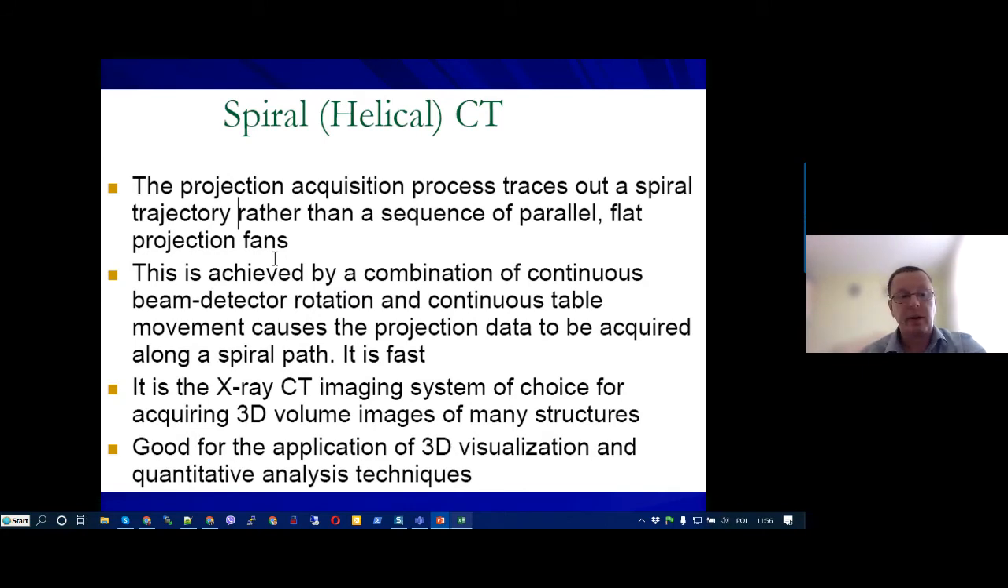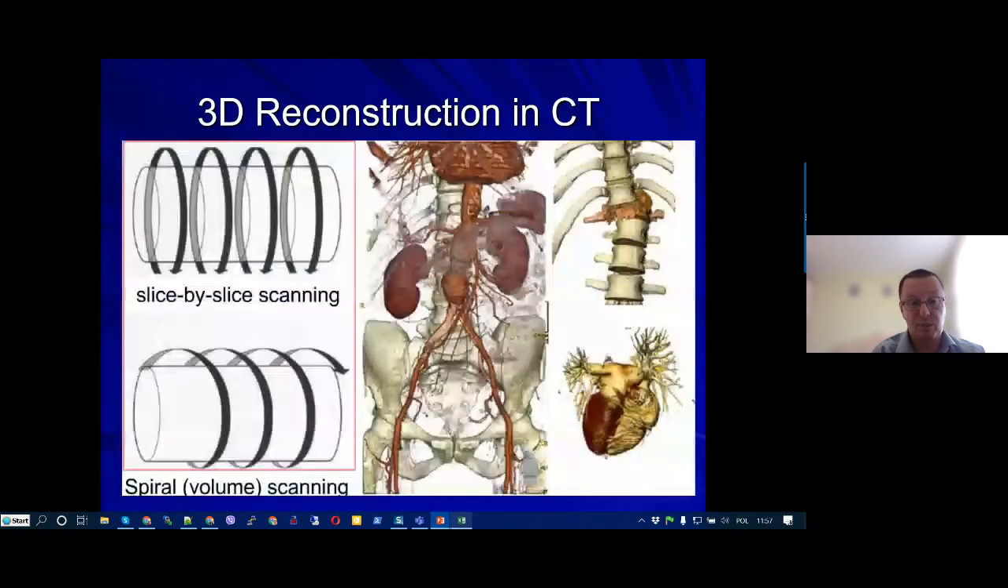So projection acquisition traces out a spiral trajectory rather than a sequence of parallel flat projections. And in this case, we have the ability to retrieve continuous information, and through even more advanced analysis, we have the ability to provide three-dimensional visualization. Here, for sure, unfortunately, I don't have a three-dimensional display to provide proof of it, and I think you also don't have this. So anyway,